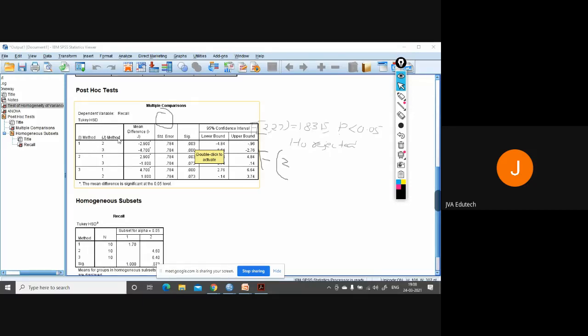So method 1 compared to 2 and 3 shows a significant difference. 2 and 1 we have already seen. But when it comes to comparing method 2 and 3, there is no significant difference. So overall we can say that if we apply method 1 and method 2 to the students, okay, and what was our method 1 and 2? Let's see.